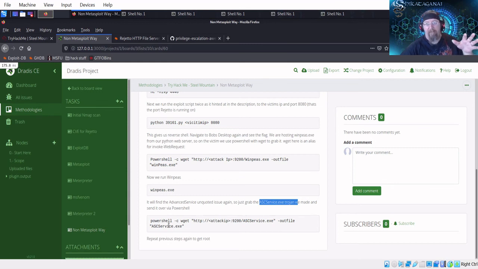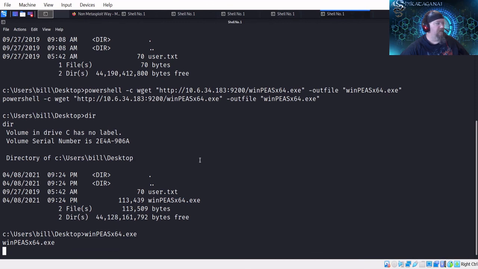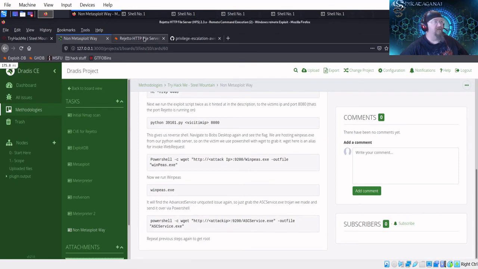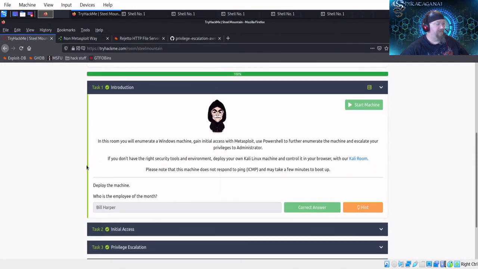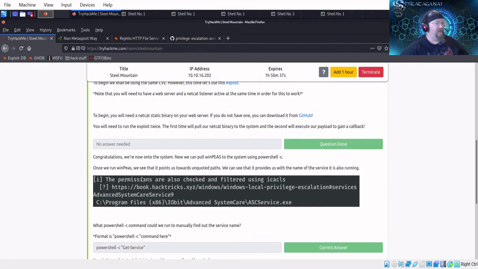But we won't do that because we already did it with Meterpreter, so it's already there. But we're just trying to explain this is a way that you can actually do the exact same thing without Metasploit, right? And sometimes these scripts will run a while, like this one seems to be hung up. But that's essentially what you're going to be using, and I think that's what they used here for access without